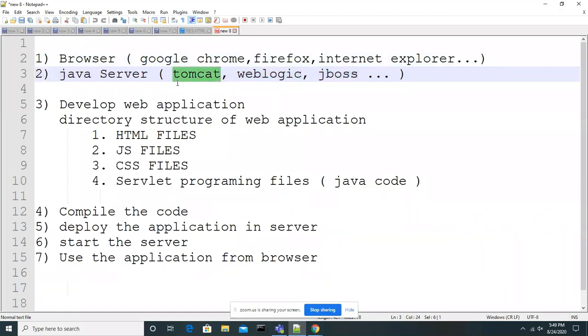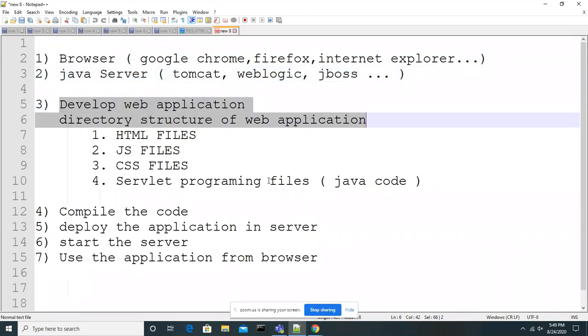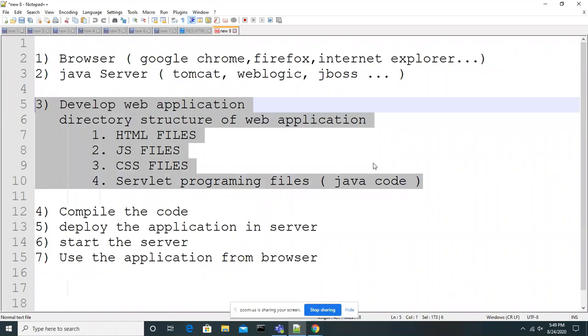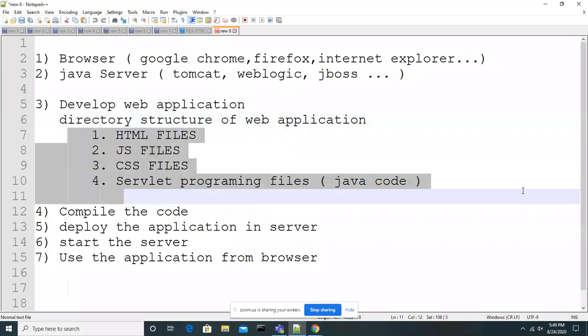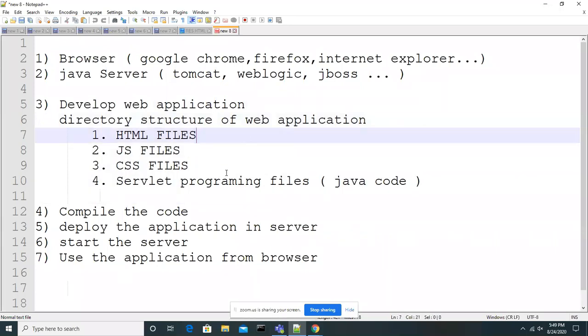Yesterday we understood how to download this Tomcat and how to start the server as well. To develop a web application, after we are ready with these things, the third step is we need to develop the application. First we need to understand the structure of the web application, and in that structure, what kind of resources we can keep there. I mean HTML files, JavaScript files, CSS files, and Servlet program files, Java.